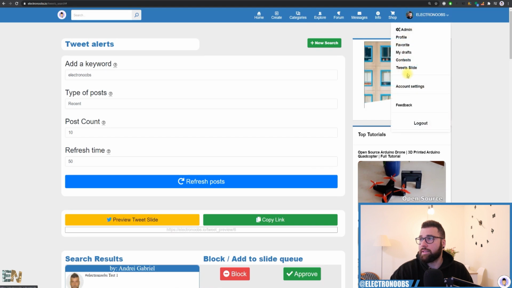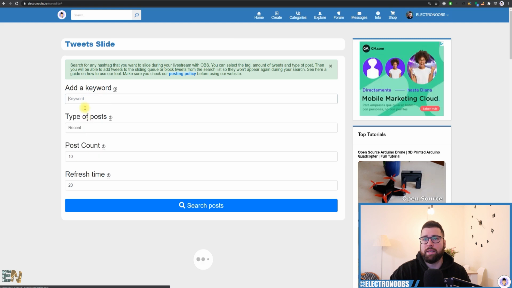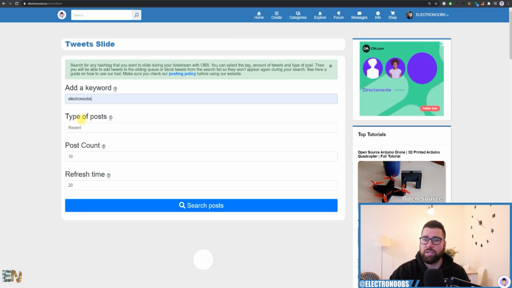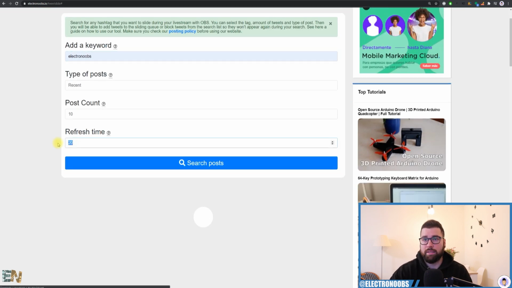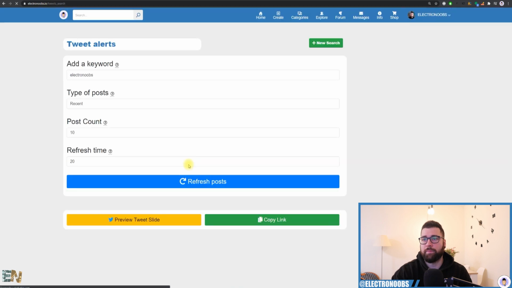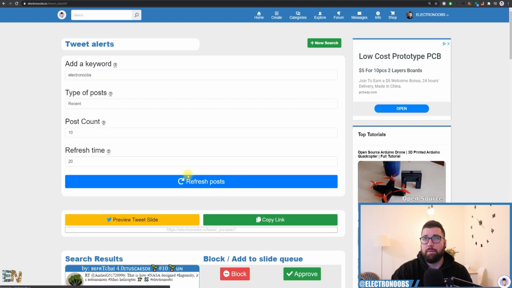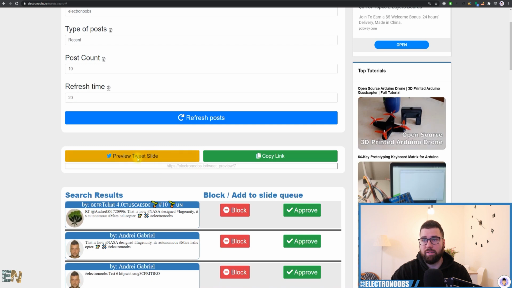So let's make another search, and now I'll show you how to insert this into your OBS. So let's make the same search, because if you start a new search, in this case, it will show you once again all the tweets. Let's set the time, maybe yes, 20 seconds is okay. Yes, okay, search. So these are the same, but in this case, instead of opening the preview page, I will